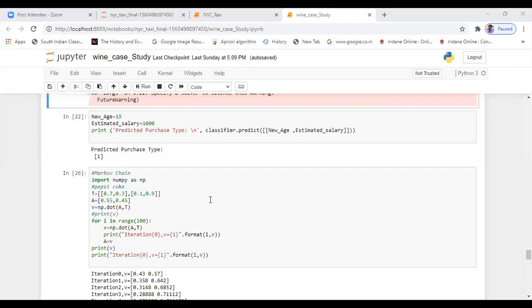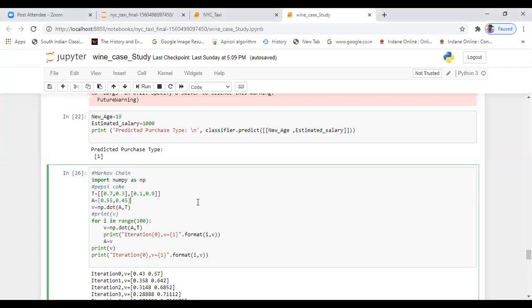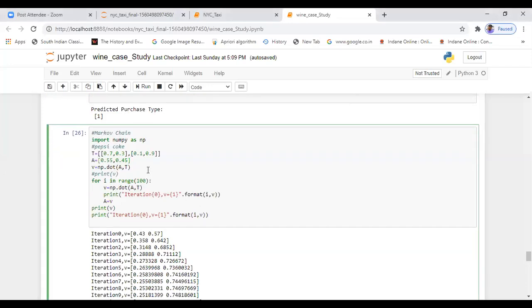Cooling, with Pepsi and Coke. Pepsi, Coke. Here we have taken 2x2 states. That is, the first row is 0.7, 0.3, the second row is